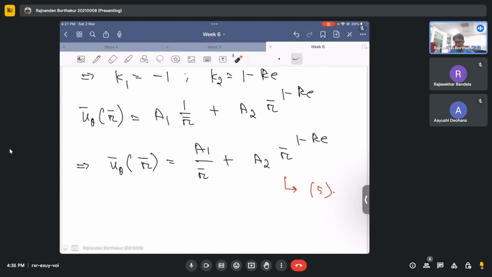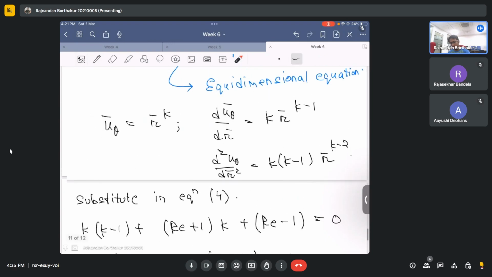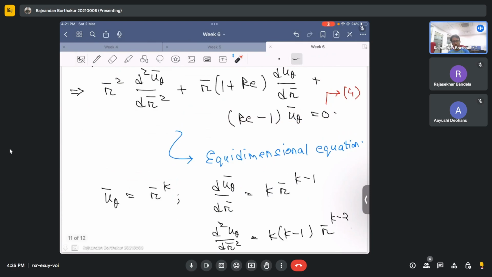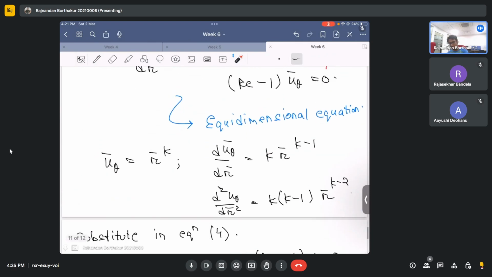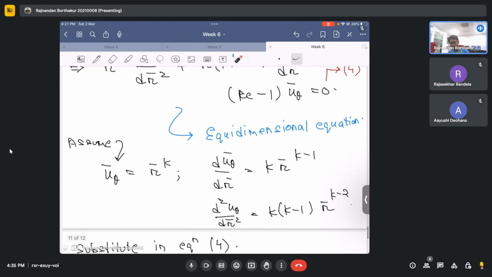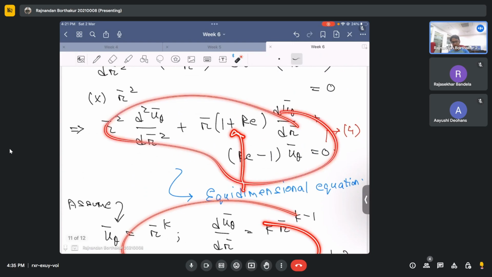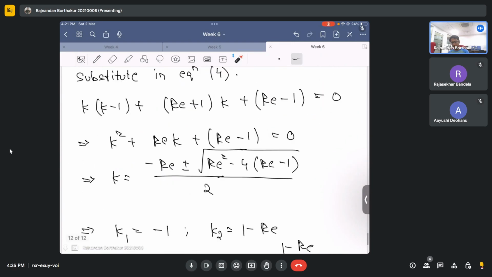So as I repeat, what we did is we end up getting an equidimensional equation. The general way of solving an equidimensional equation, as you have rightly pointed out, is by assuming u theta of this form, where k is just a constant, and then evaluating these terms. Then we just substitute this term into this equation and end up getting a quadratic equation